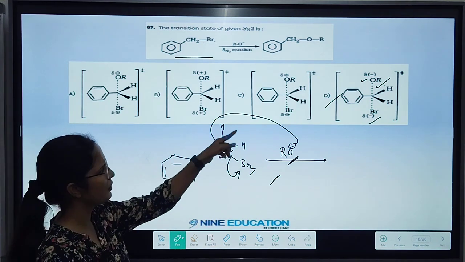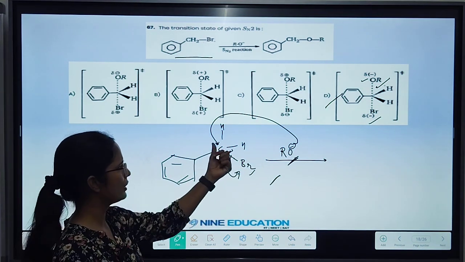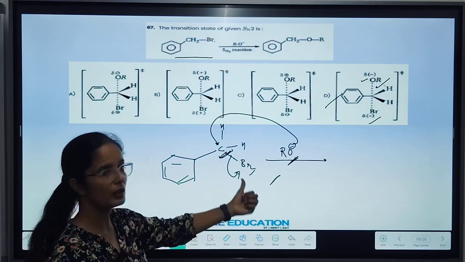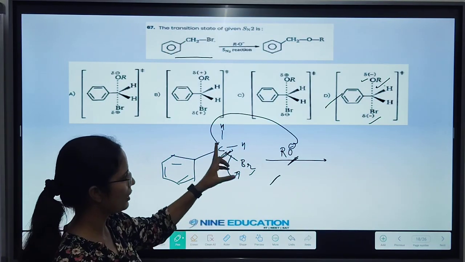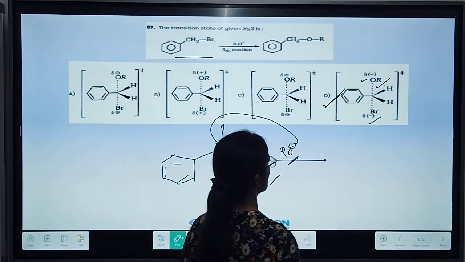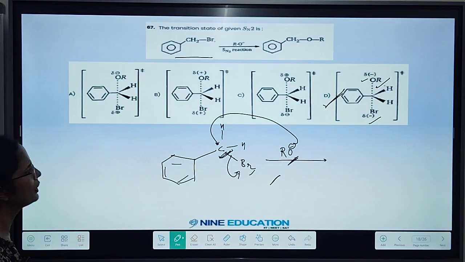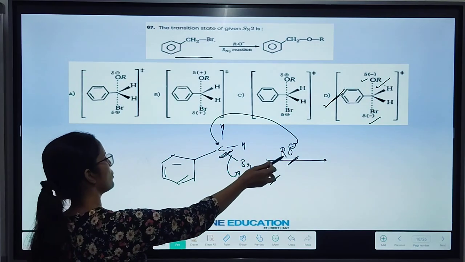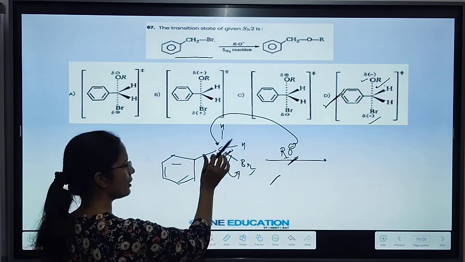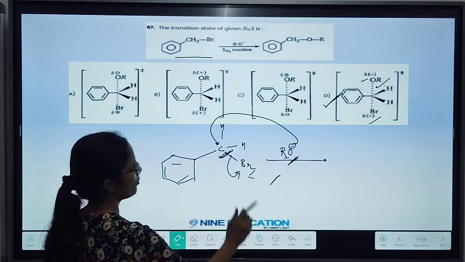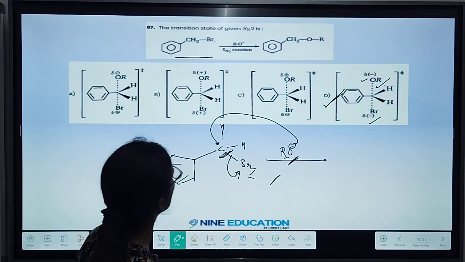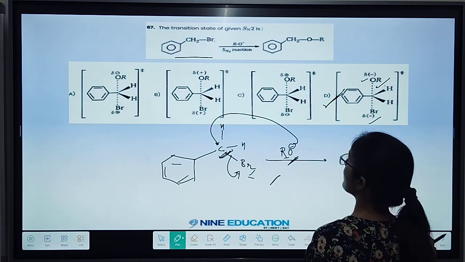Penta-coordinated means carbon is surrounded by a total of 5 things. OR minus will attack at the carbon, and simultaneously the carbon-Br bond will be breaking and Br will be releasing from here. In this we can see the correct charges on the OR and bromine, because one is donating, so if it is partially formed, the charge will be partial negative. Now the other is releasing, so the charge will start developing on the bromine and it will bear a partial negative charge. So the correct option here will be D, question 67.